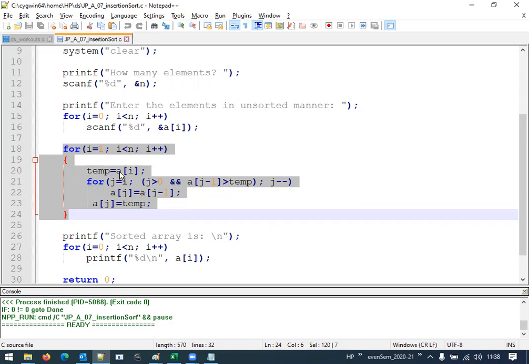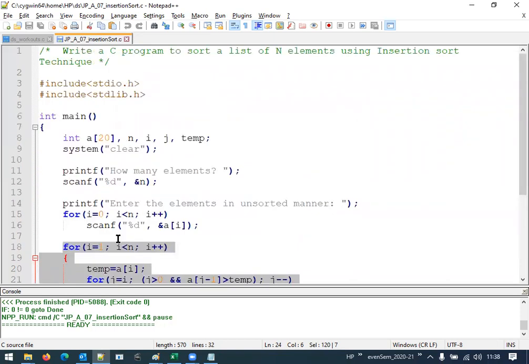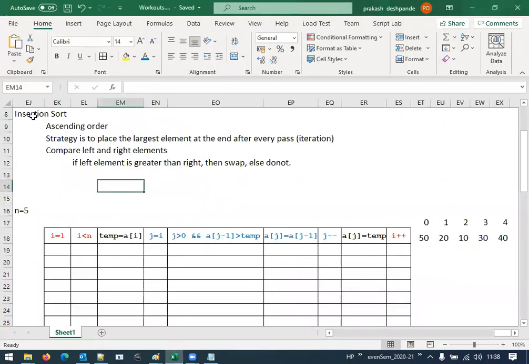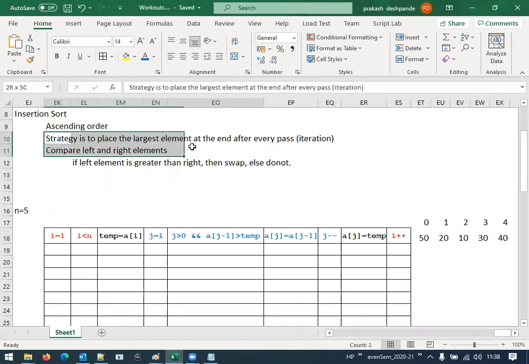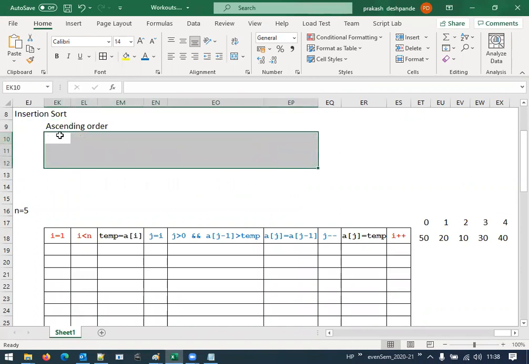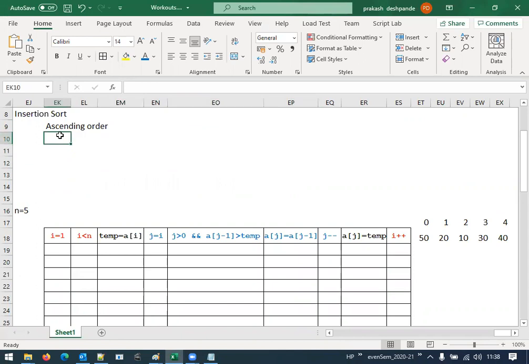Let us first go through the concept of the insertion sort. Now, the insertion sort is basically, as I said, we are going to place the numbers in ascending order. The strategy here is that we try to compare the first and second number.